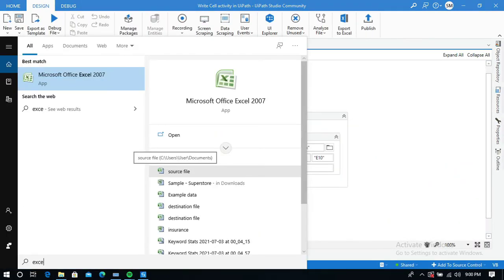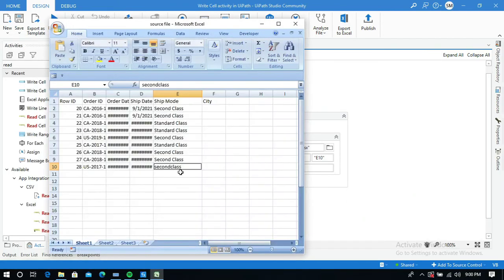Now go to Excel. Let me open my recent Excel file. You can see now this write cell activity overwrote the previous data in this Excel file.